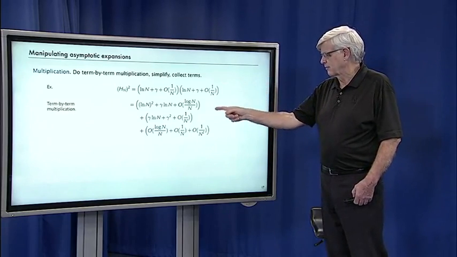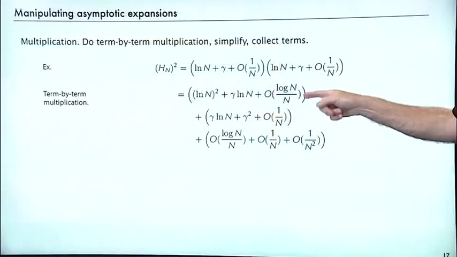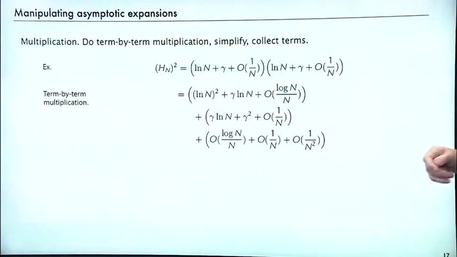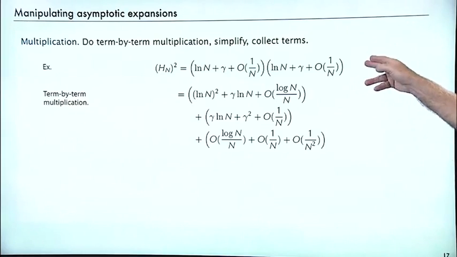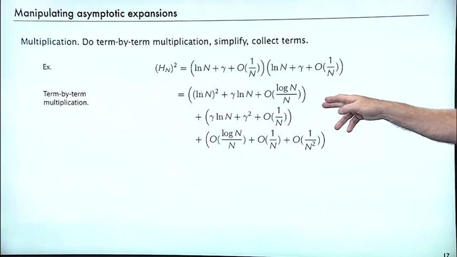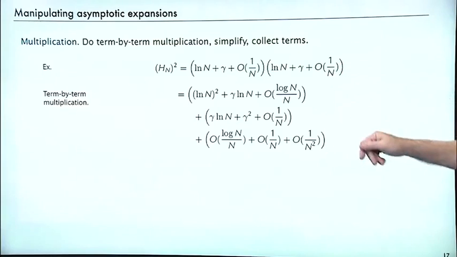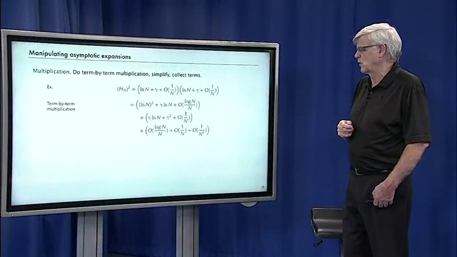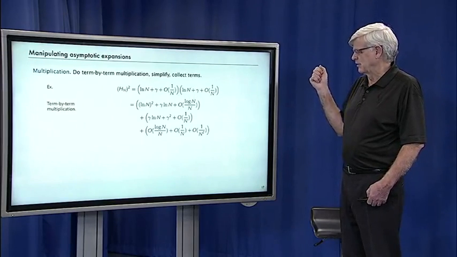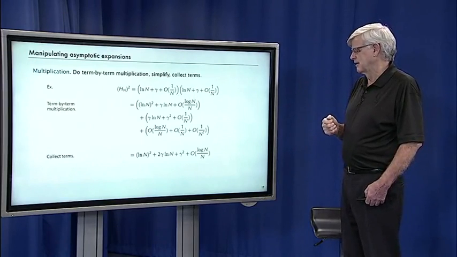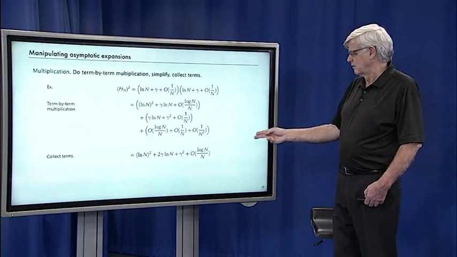Then the next row is gamma times each one: gamma log n plus gamma squared plus big O of 1 over n. And the next term is O of 1 over n times all of them: O of log n over n, gamma times O of 1 over n is O of 1 over n, and O of 1 over n times O of 1 over n is O of 1 over n squared. So that gives us 9 terms, but we can throw a lot of them out because, well, first of all,